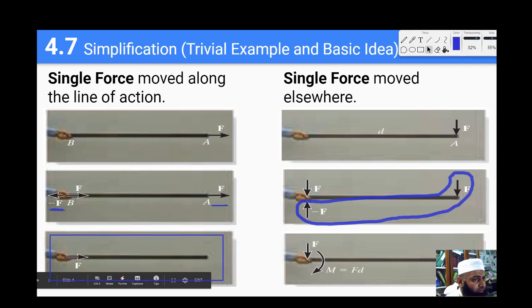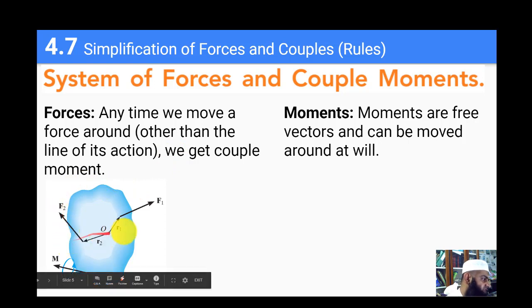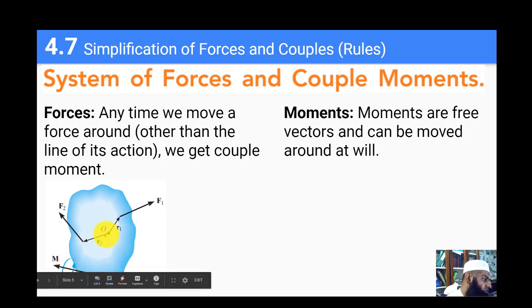Okay, so moving on, now we want to generalize this result, whatever we saw in this trivial example. So now we look at this rigid body which has these two forces F1 and F2, and we have this couple moment M acting on this body. So now our aim is to write all of these forces, we want to form an equivalent system where we have a resultant force acting at point O, and we have a resultant couple moment also acting at point O.